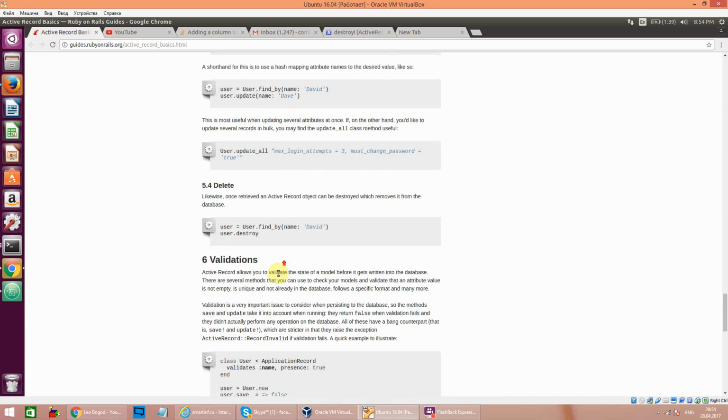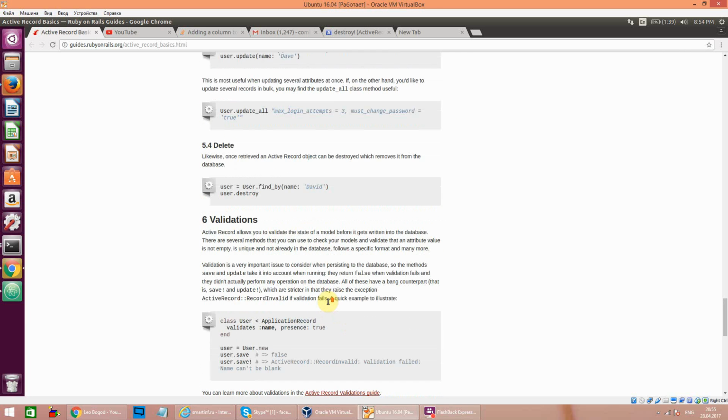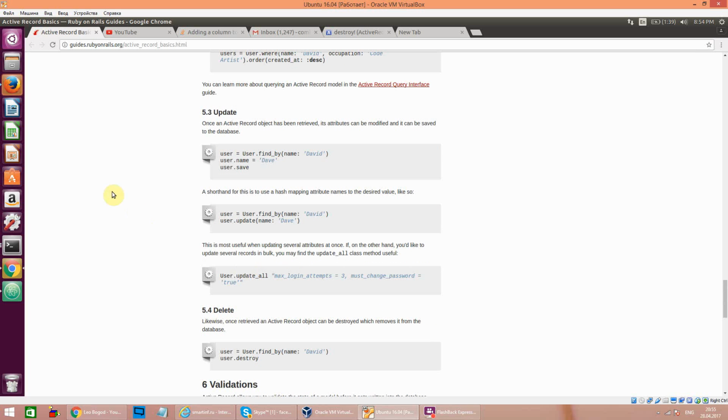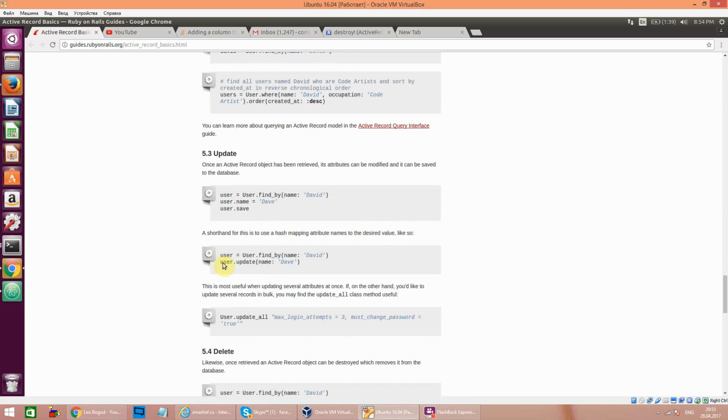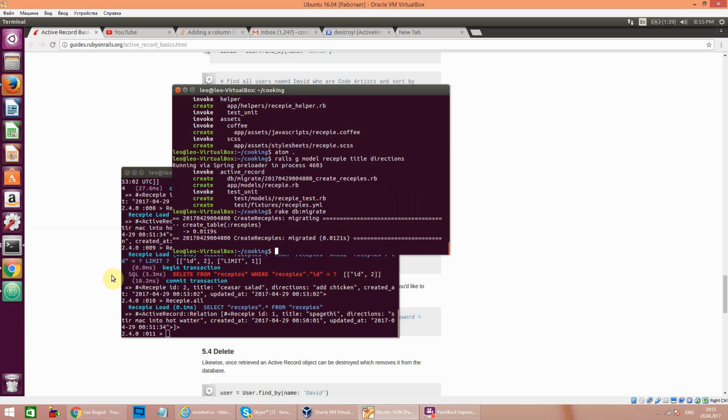There's something called validations that doesn't allow you to input certain stuff, making sure, like, the password field is greater than a certain amount of characters, something like that. It's a pretty useful website,